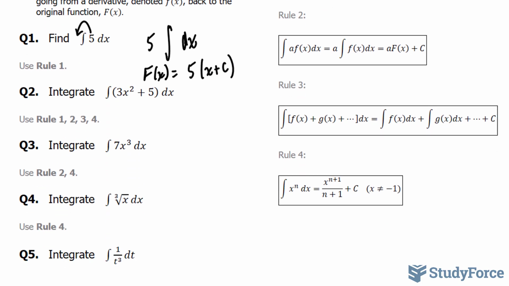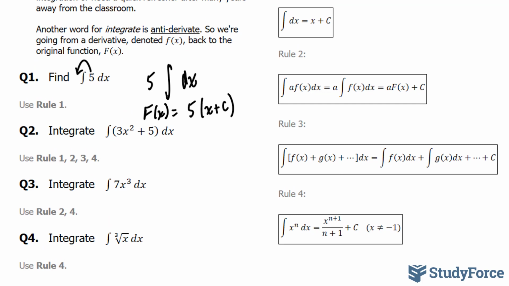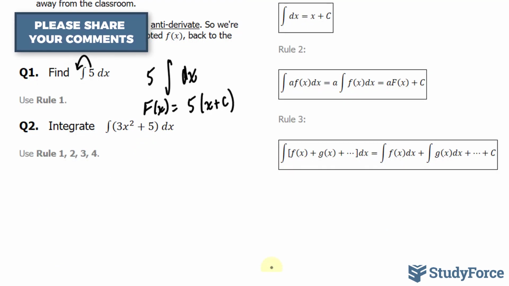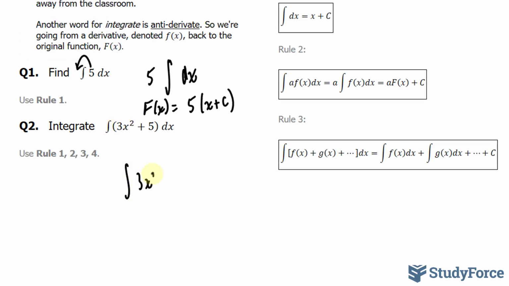In question 2, we're asked to integrate 3x squared plus 5 dx. To integrate this successfully, we'll need to use all 4 rules. To touch up on rule 3, if we have separate terms, in our case this function has 2 terms, each of these terms can be integrated individually. For instance, instead of 3x squared plus 5, we can write down the integral of 3x squared dx plus the integral of 5 dx. To find the integral of 3x squared, well, first we can take out this constant 3